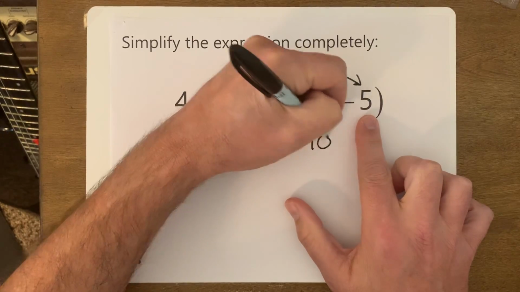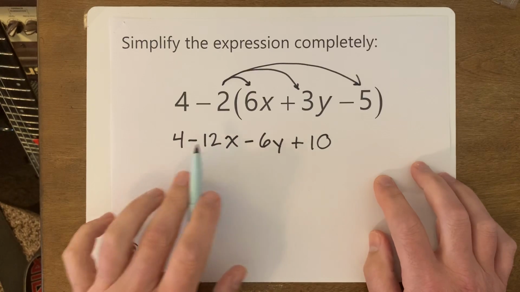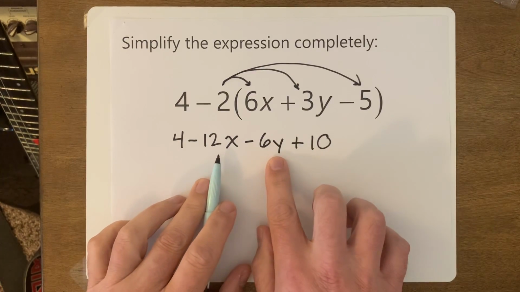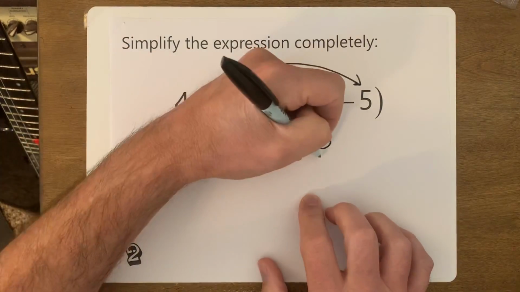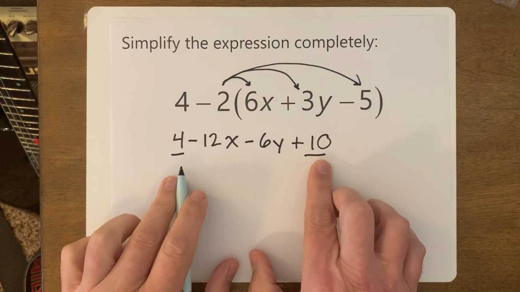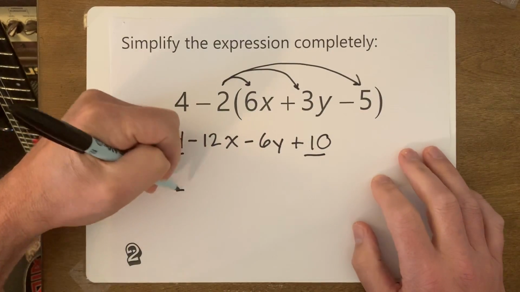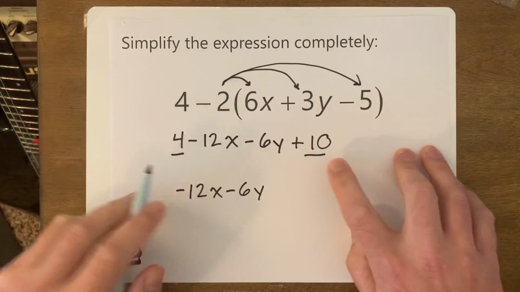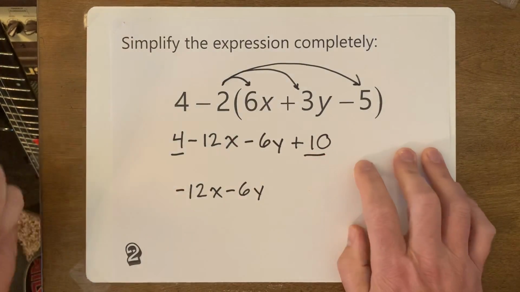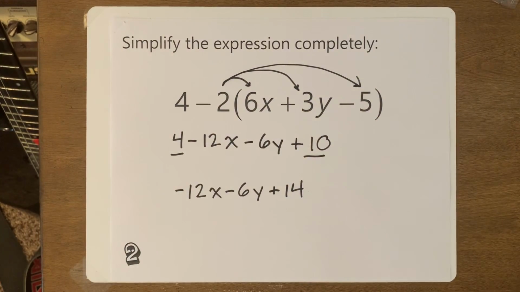Now I'm going to have to be real careful when I do this so I don't make any mistakes. I'm looking at this now and I'm seeing 4 terms. These 2 don't have anything like them, but I do have 2 constants. So 4 and 10, I can combine those together. We usually put the constant at the end of the expression. So I'm going to write negative 12x minus 6y, and then these 2 guys, 10 and 4. If I combine those, that would be 14. And then that's it. All 3 of those terms are not like terms, and so I just have to leave